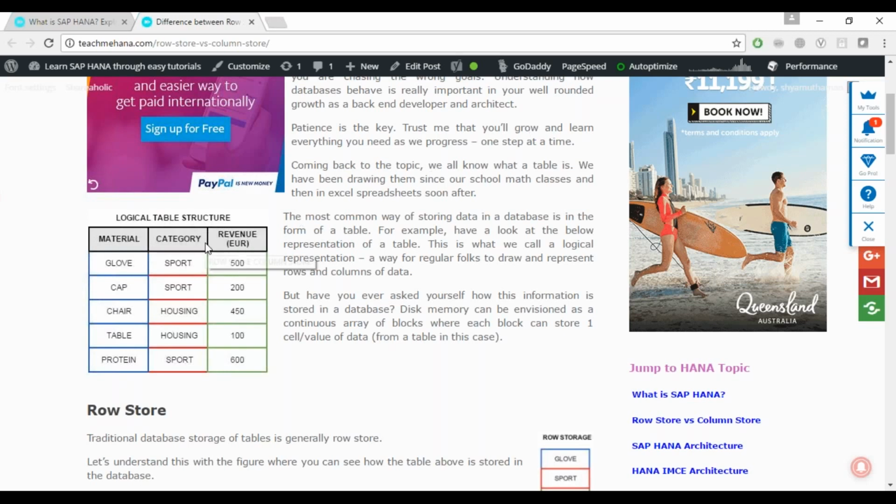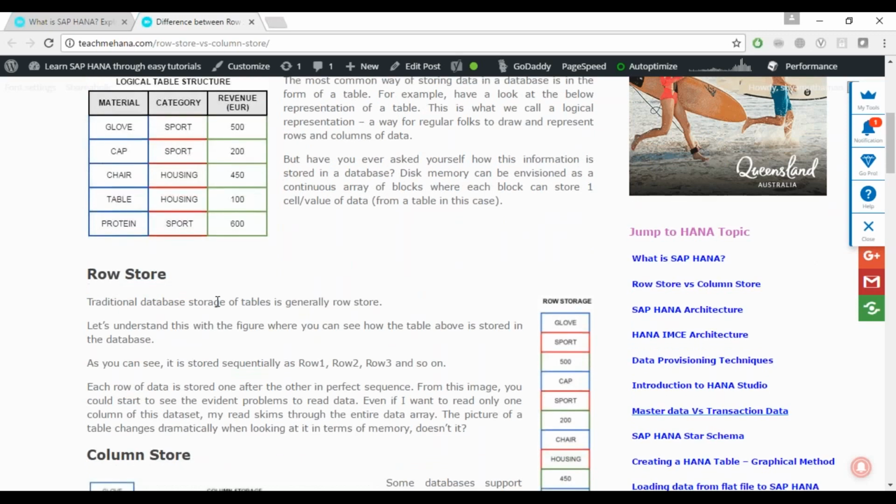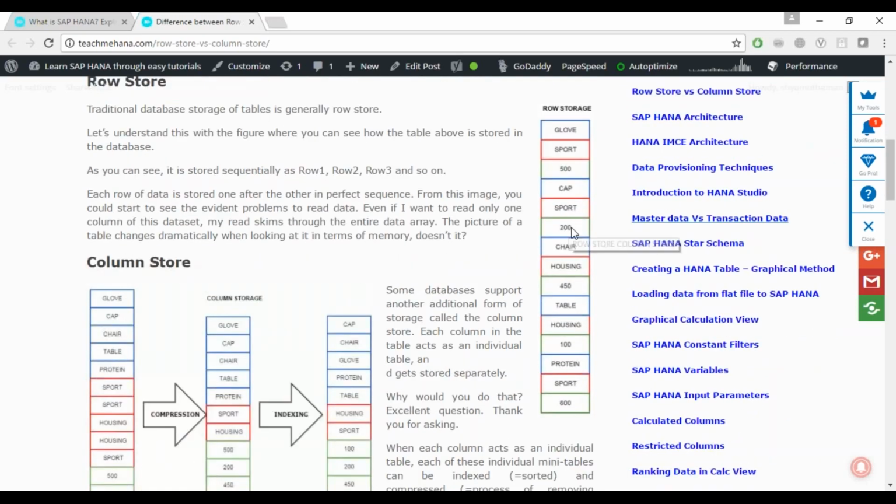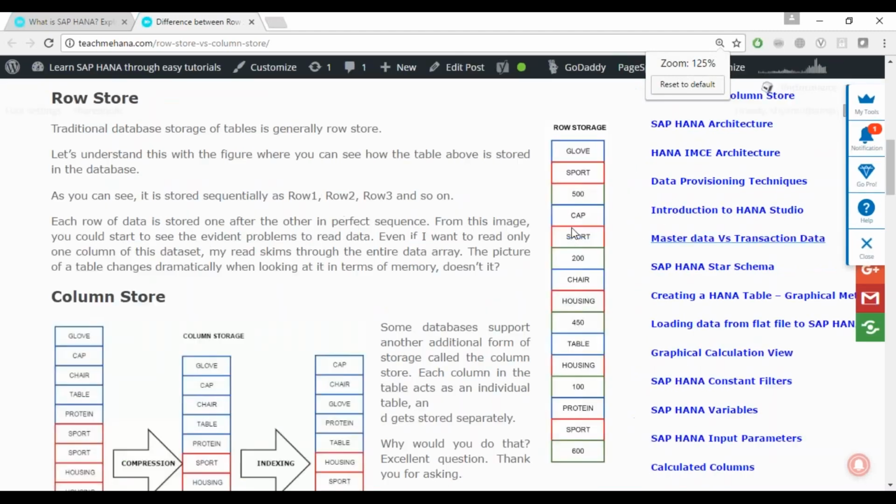So when this table is stored in your disk or in a regular database, imagine you are on BW on a regular database like Oracle or SQL or whatever. You store this data. How does it get stored? It gets stored like this in row storage, in continuous form.